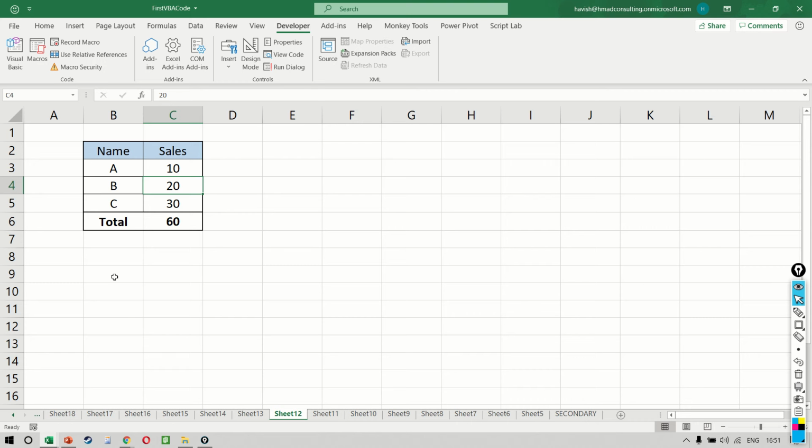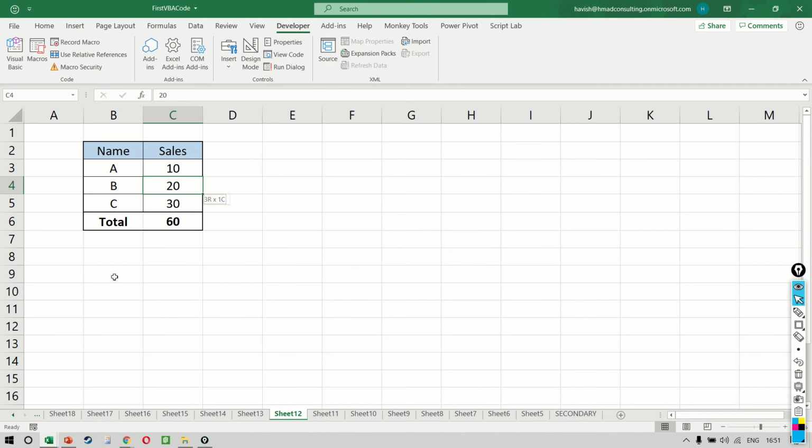Think of the amount of time this will save you if you had to do this maybe 100 times. Because no matter how fast you are on Excel and how many shortcuts you know, you would have still had to do those 10, 12 steps one at a time. The advantage of recording a macro is that, like a play button, you're simply recording all the actions, and then when you click on replay, all those actions are repeated.